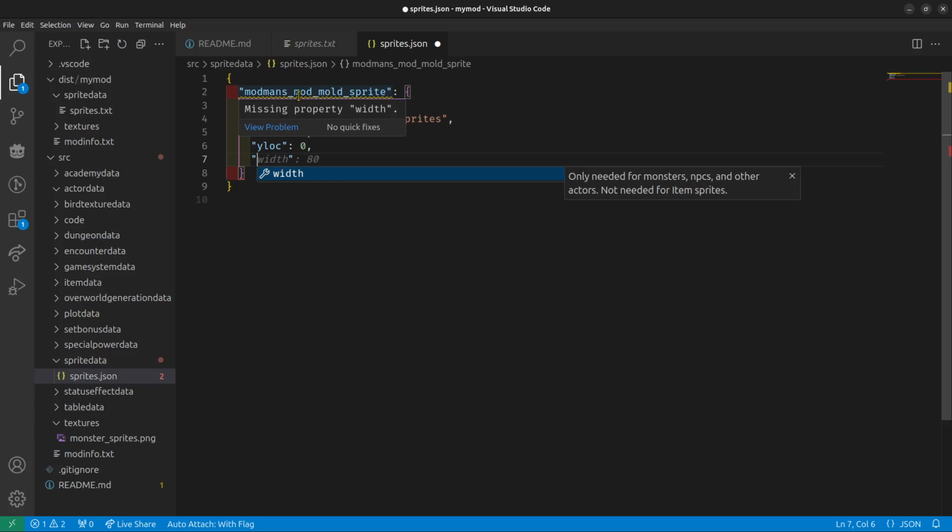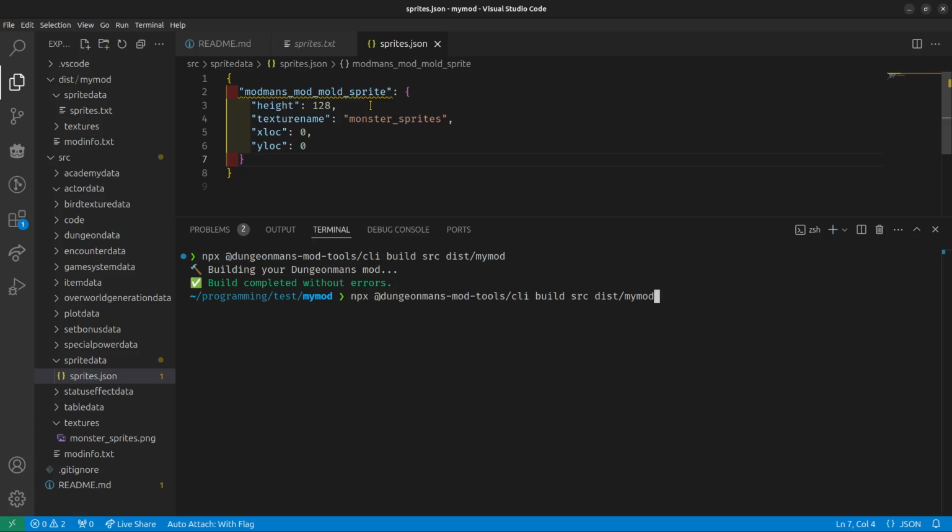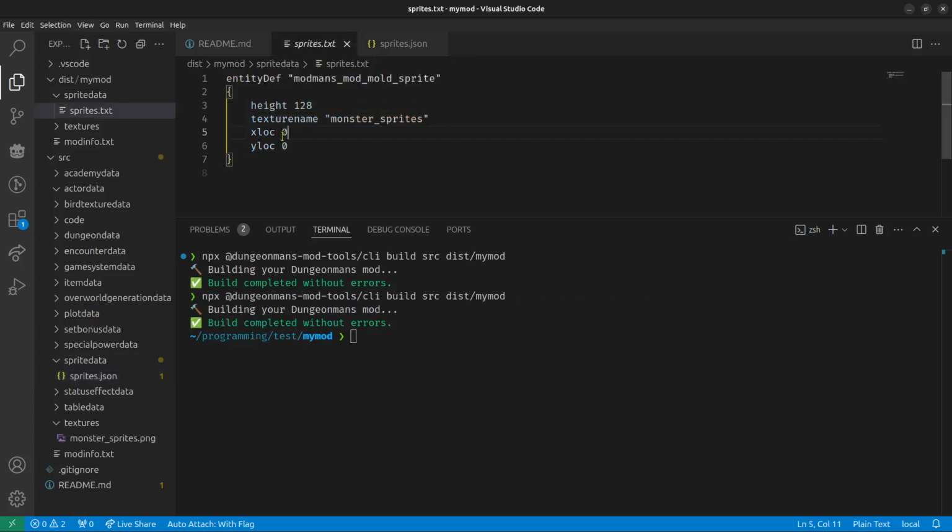And over here we're also seeing some squigglies saying missing property width. We can still compile. In fact, let's do that. We can still compile with the squigglies, and it's going to do the thing. But obviously this is not what you typically want,